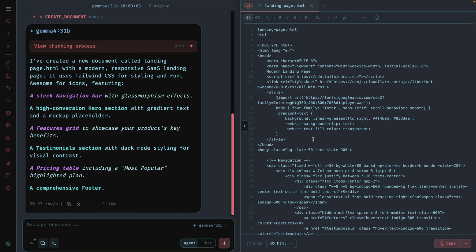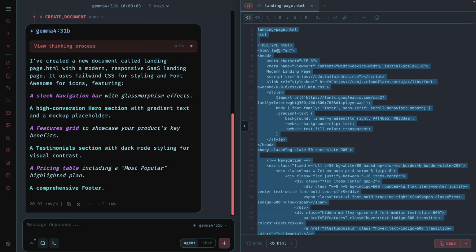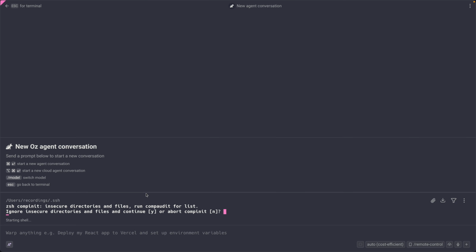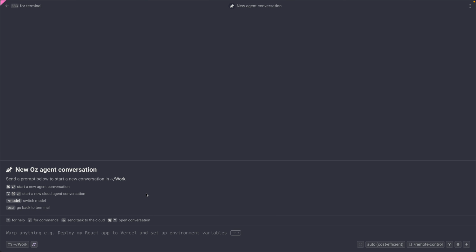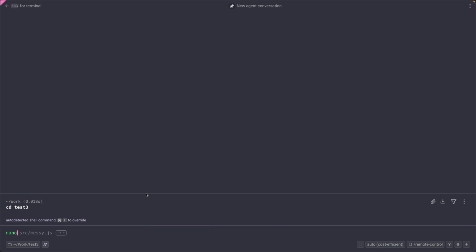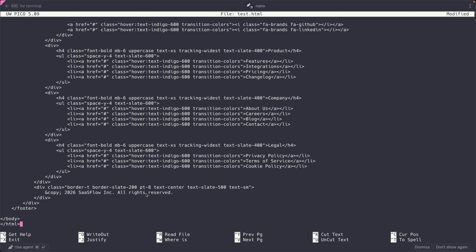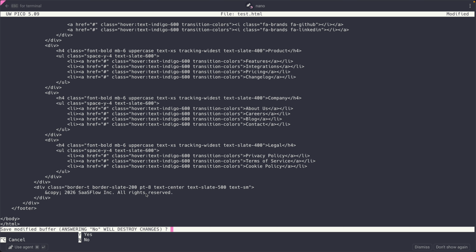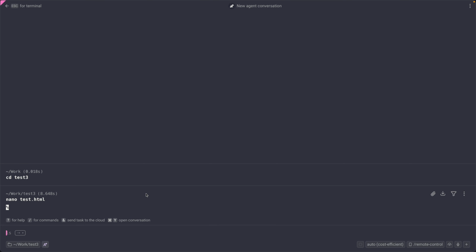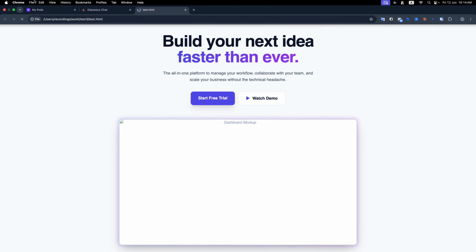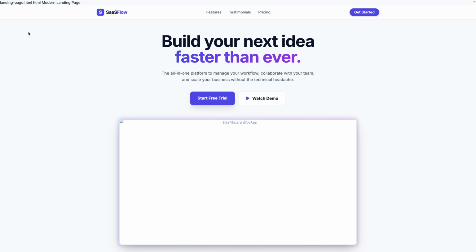So just to prove, I will copy the entire code and I will open somewhere else. So let me go to the terminal. So here in this folder, I will create a file, nano test.html, and paste my code and save it by pressing Ctrl X, press Y, and hit enter. And now let's open this test.html, and it opened in the browser, and now it is looking much better, but